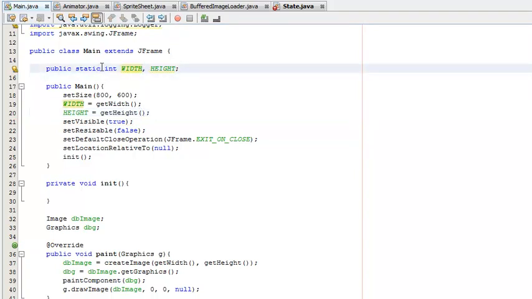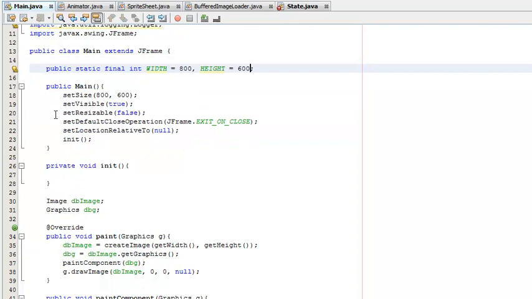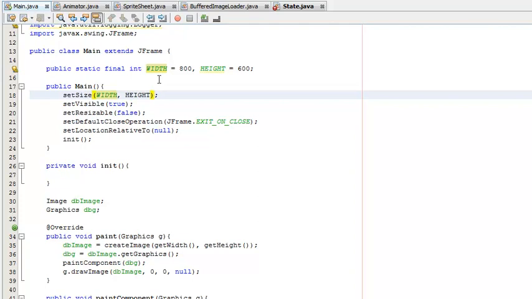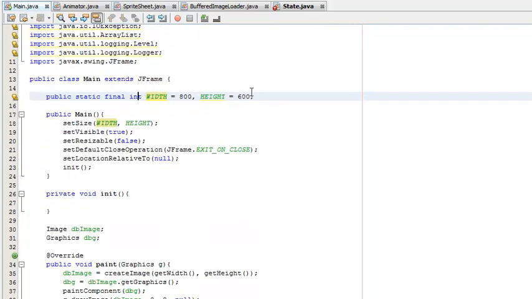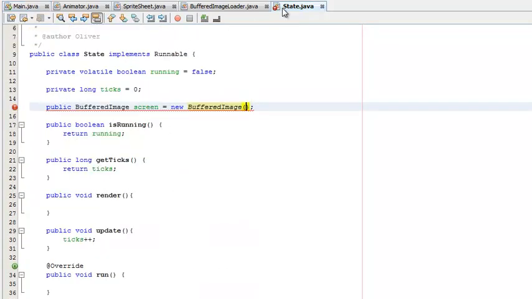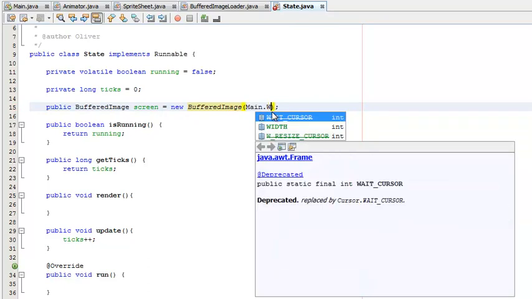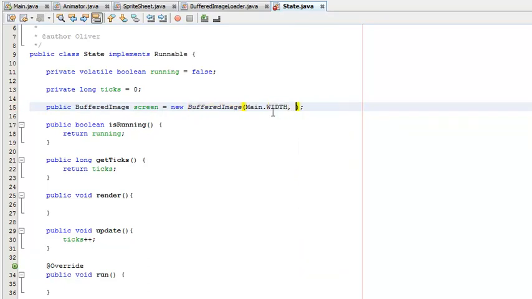Actually, wait one sec. I did it the other way around, initializing them there, and then I'll put them in here for width and height. Anyway, if we come back to the state, we can then call that variable from main, width and main.height,